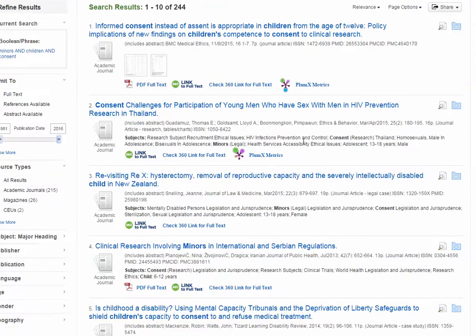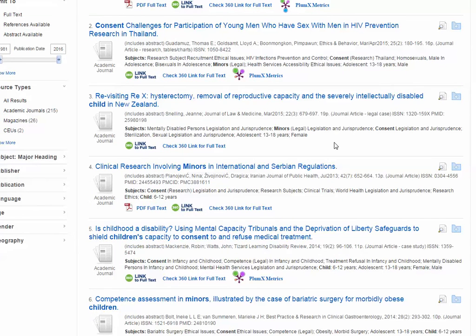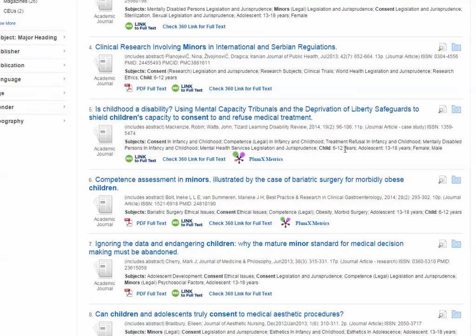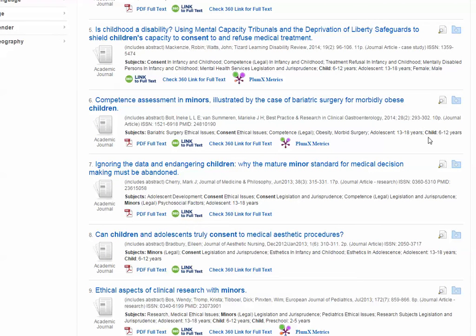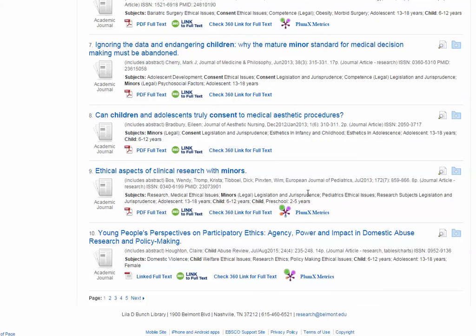Just remember also to look for subject headings underneath each article. You'll find subject headings that describe what the article is about, and of course there you will find additional terminology that you could use to search. So if it's really treatment refusal that you want, you could just copy and paste that subject heading into the search box. Let's see here. There's all kinds of things that you could use as you're looking through some of these subject headings. See ethical issues a lot, it keeps showing up. So just pay attention to those to help improve your search.